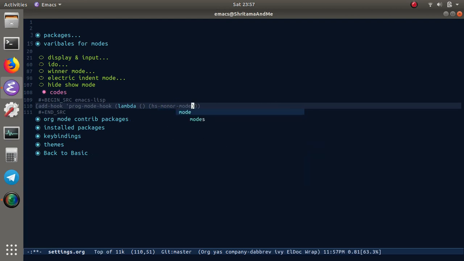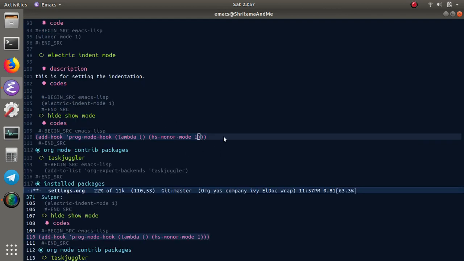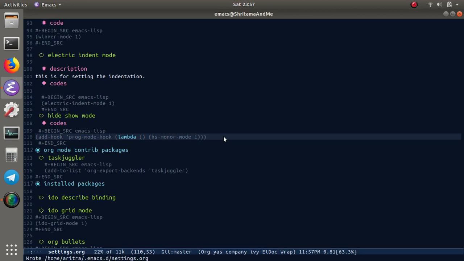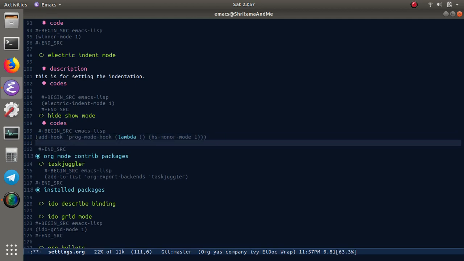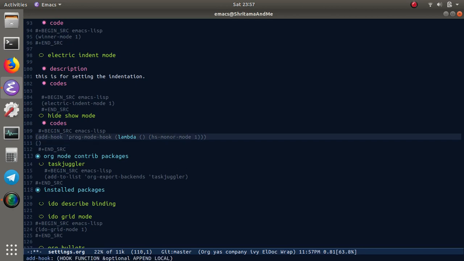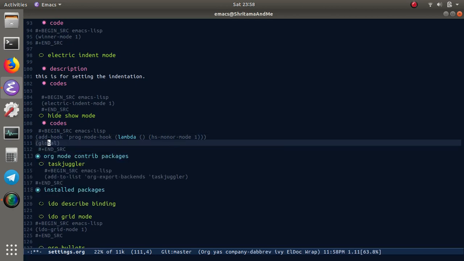So HS minor mode is something we are actually interested in, hideshow minor mode, and we're going to make sure that all of the programming modes that Emacs has should enable it by default. Now I'm going to change some of the global key bindings that it has for the minor mode. Global set